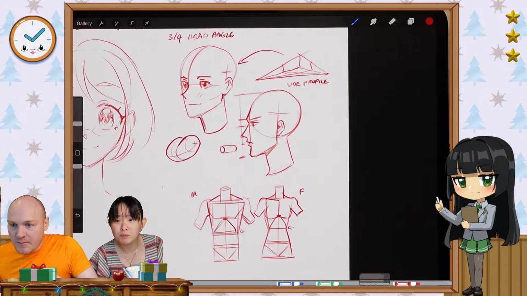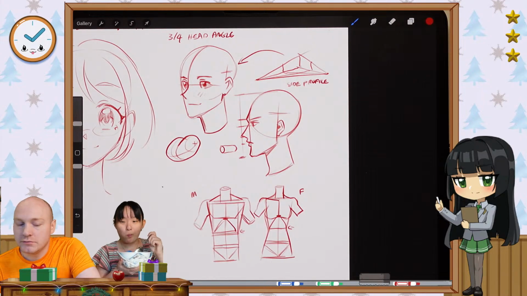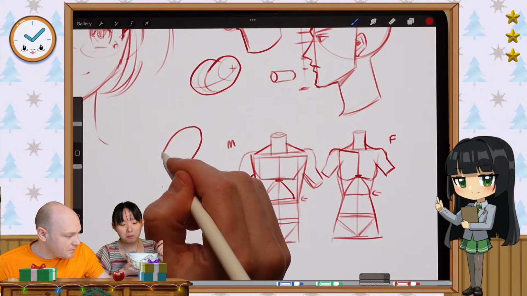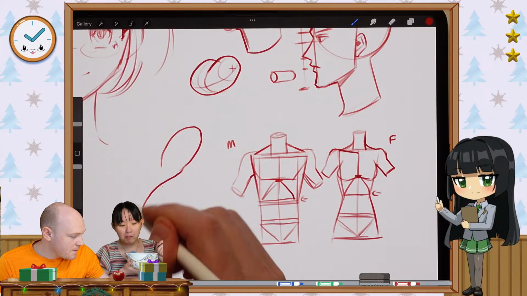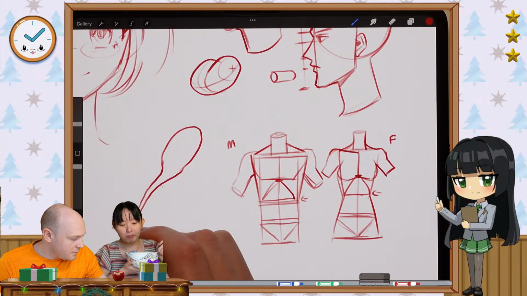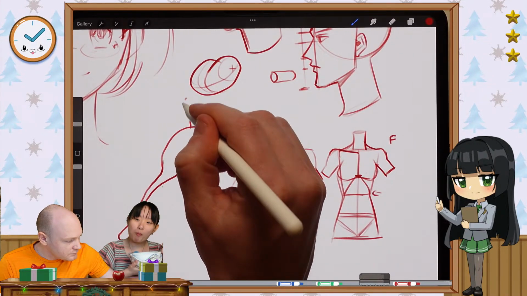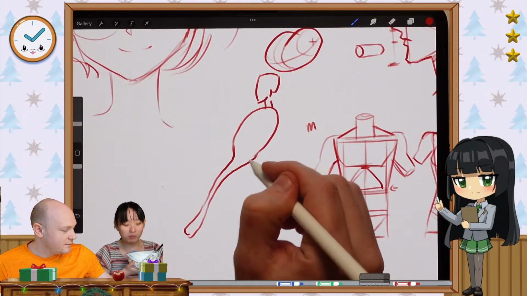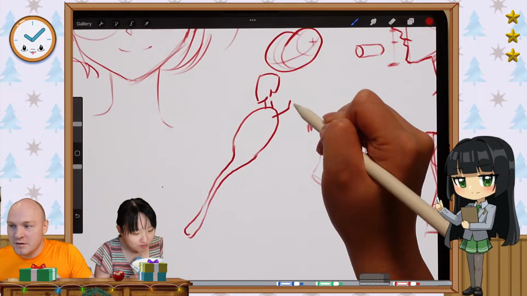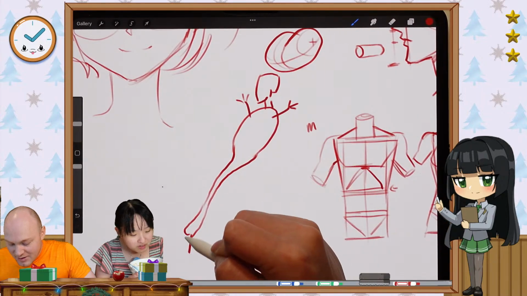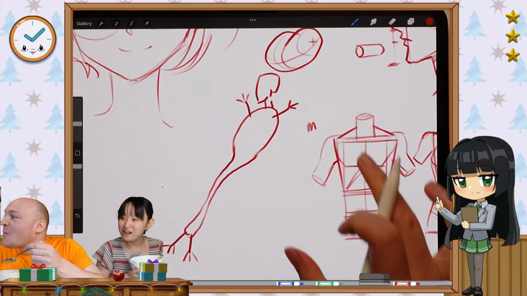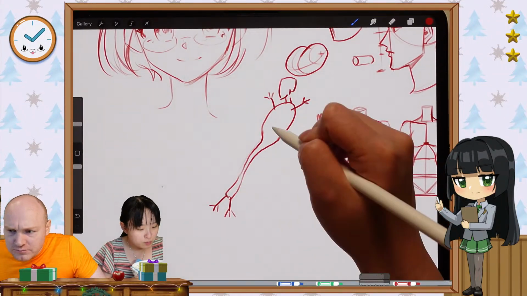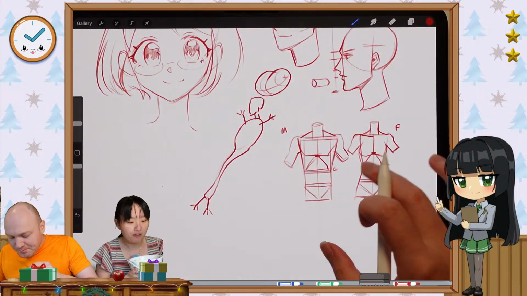I don't know what a spoon body shape is. You could just draw a spoon and add some legs. Actually, that's kind of cool. Whee! That's kind of... Oh no! That's horrible. Why did I do that? A nice looking spoon too. I don't know what a spoon body shape is. I'll have to look it up sometime.